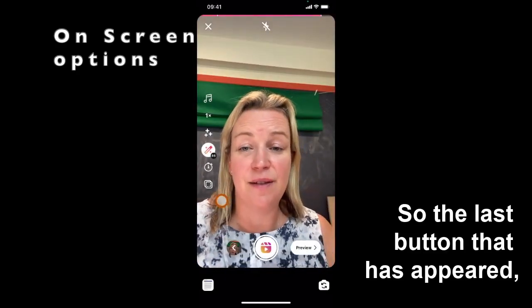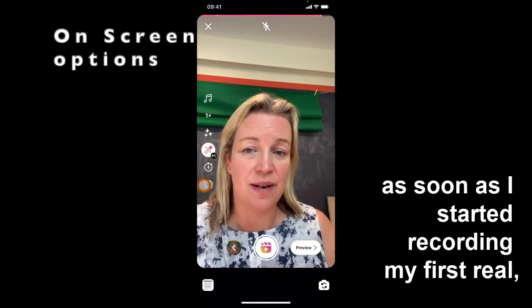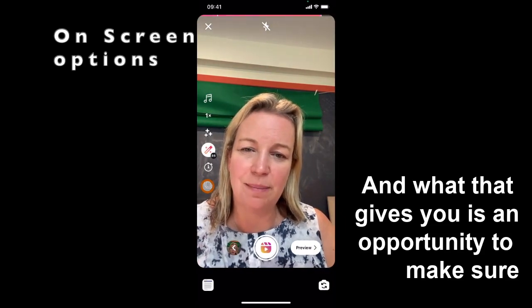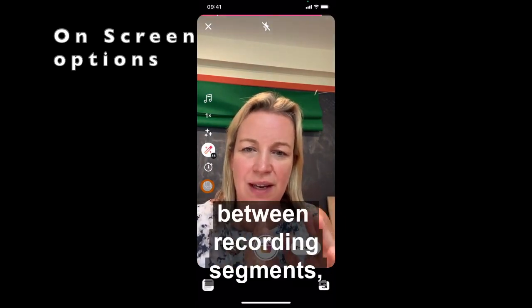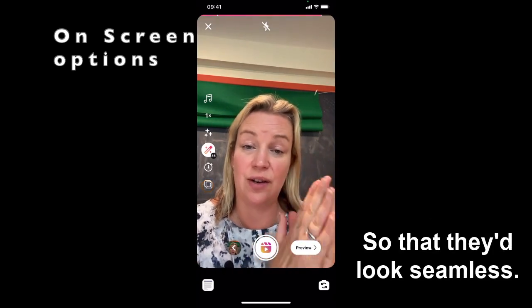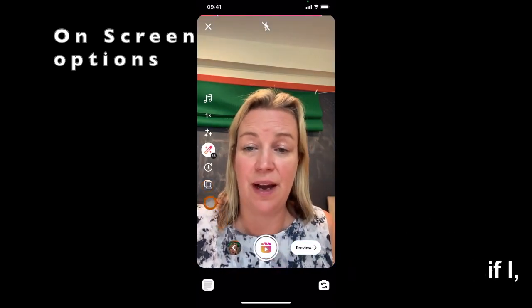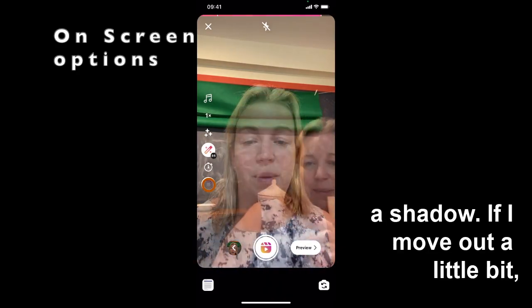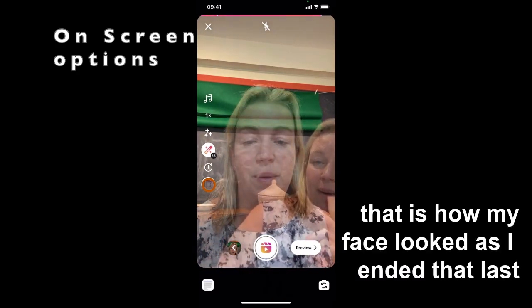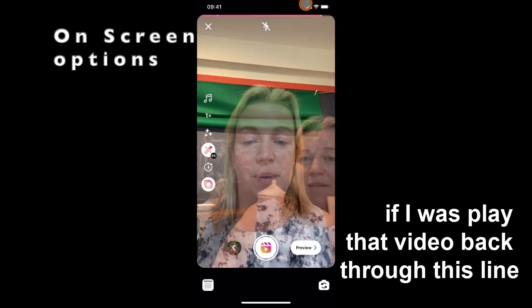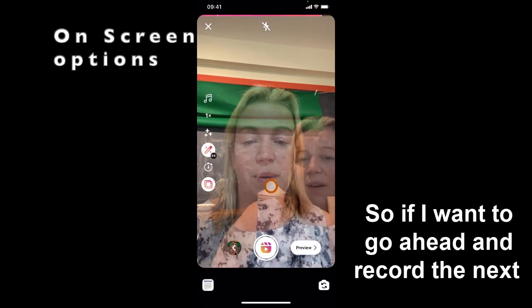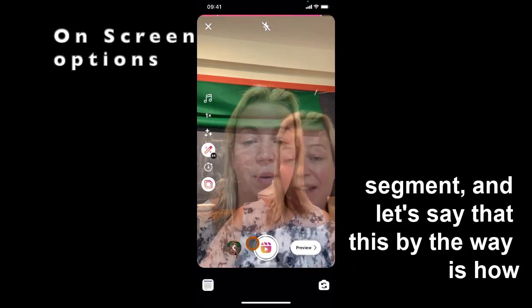So the last button that has appeared, as soon as I started recording my first reel, is this align button. What that gives you is an opportunity, when you're between recording segments, to line them up so that they look seamless. So for example, if I press it now, you can see it's coming up with a shadow. If I move out a little bit, that is how my face looked as I ended that last reel. So if I play that video back through this line, that's where my head was. So if I want to go ahead and record the next segment, and let's say that this, by the